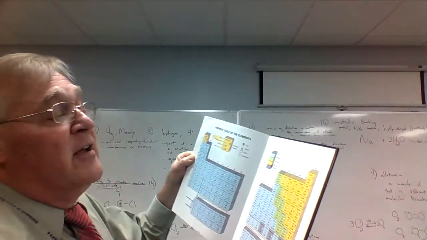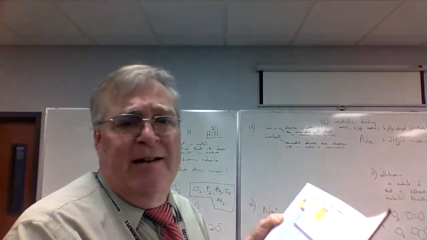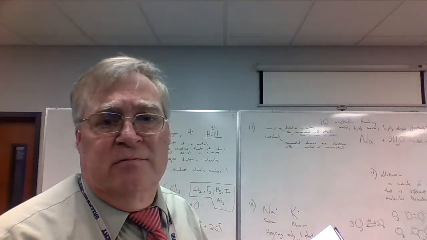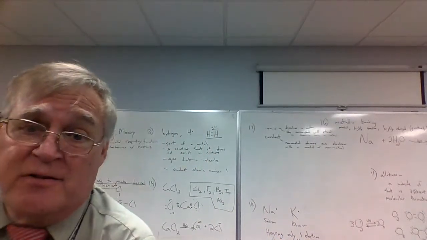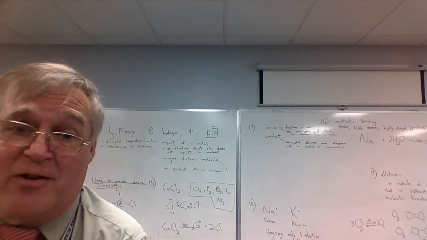Fluorine needs one more electron to get to a full outer energy level, and neon already has a full outer energy level. Okay? So neon doesn't want more electrons to make a full outer energy level,